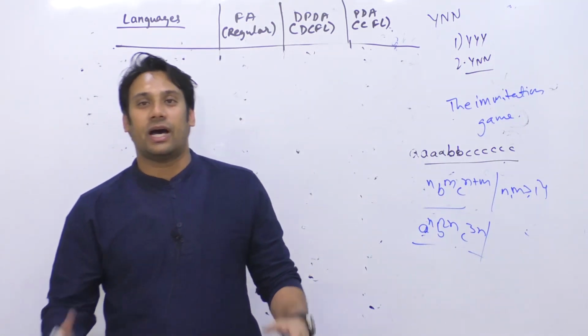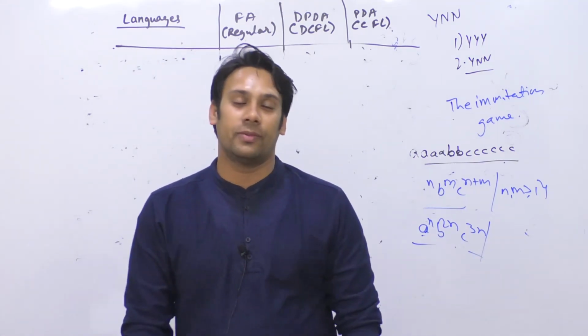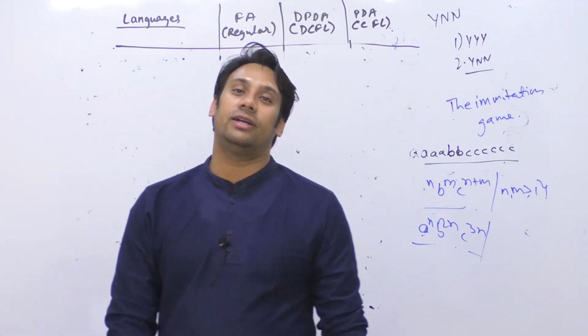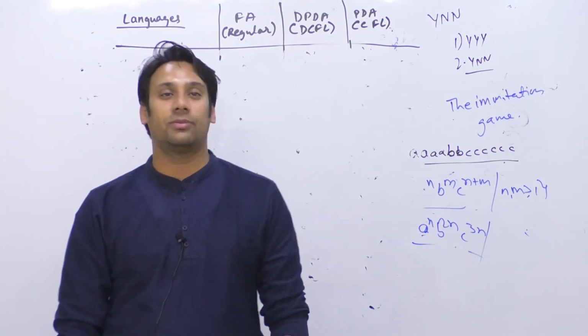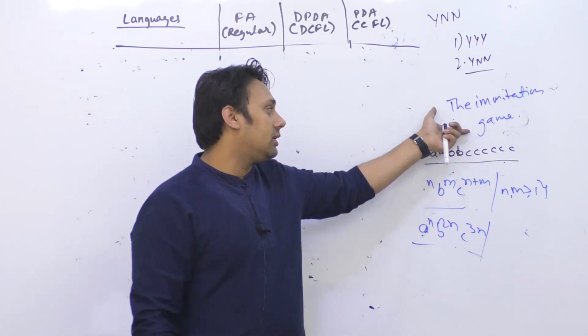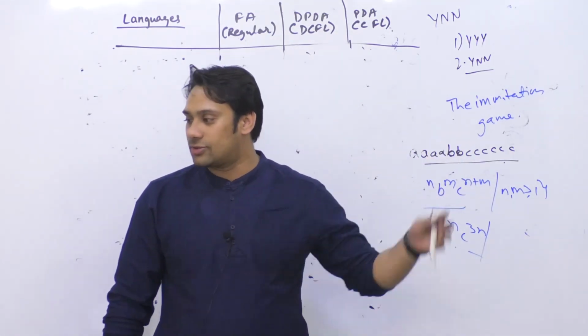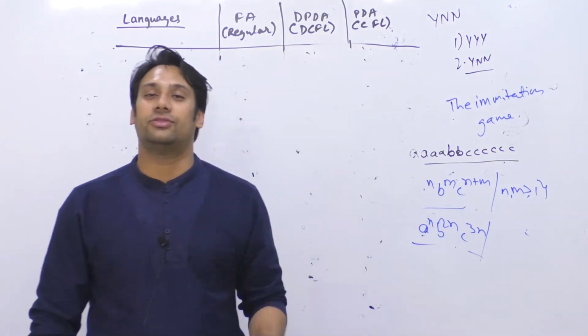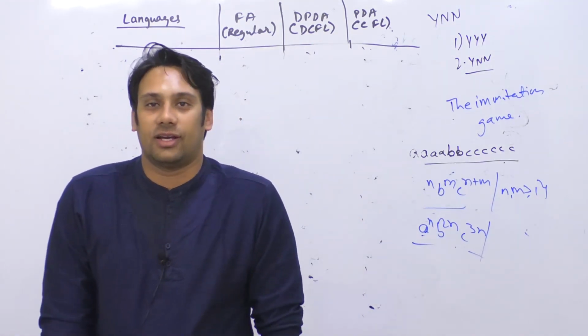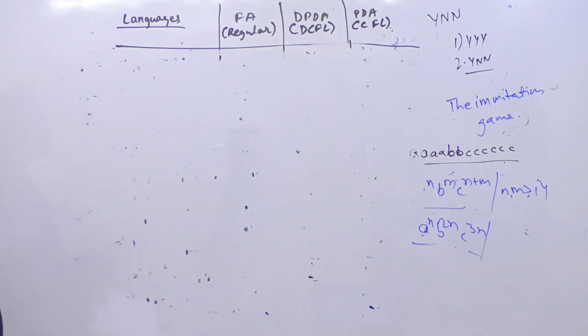The highest award that you can get in the field of computer science is the Turing Award. In our subject, we are discussing the Turing machine, and this Turing machine is designed and named after the scientist Alan Turing. So watch this movie after the class today. You will really enjoy it, and then we can have a discussion regarding this. So the highest award in computer science is the Turing Award.